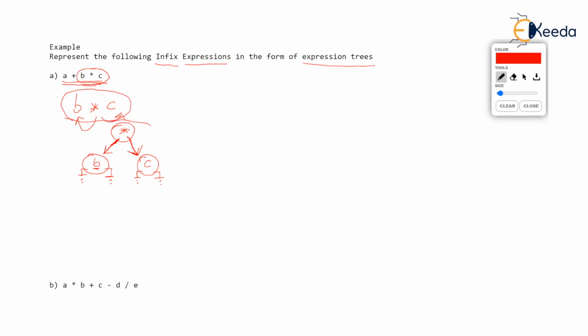So this part, isn't it a binary tree? Yes, it is a binary tree. But be careful, it is not binary search tree, isn't it? Because we have not done any ordering, less than, greater than here. But it is still a binary tree. Okay. And such a tree is called expression tree. Let's proceed. Now we have A plus B into C. And B into C is already converted as follows.